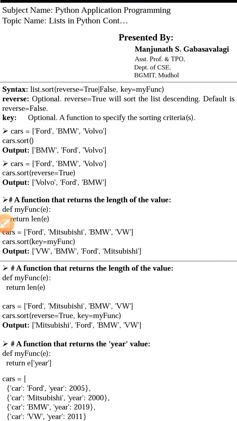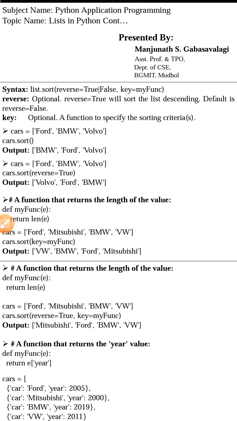Today again we will start in detail to understand the functionality of the sort function, how the sorted function differs from sort in Python, and a few more built-in functions. As shown in the syntax, the sort function takes two parameters. One is reverse equal to true or false and another one is key equal to my function. Actually both these parameters are optional to your sort function.